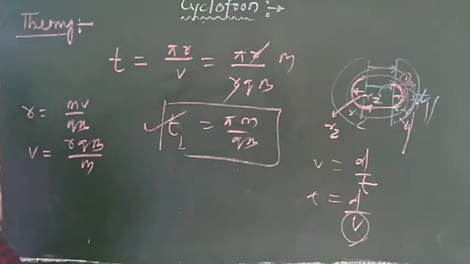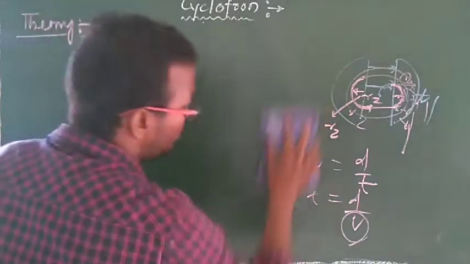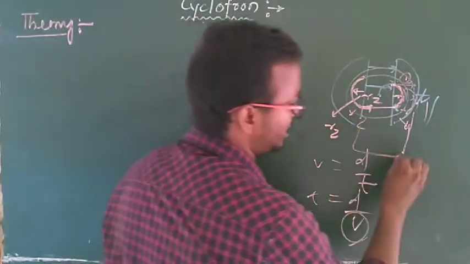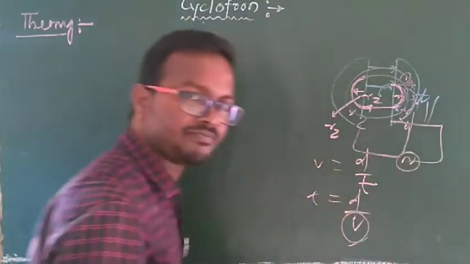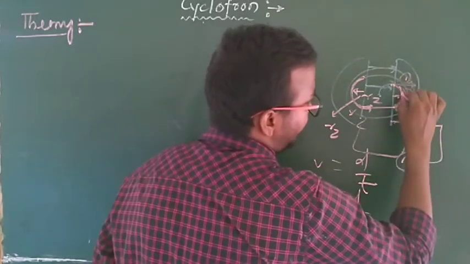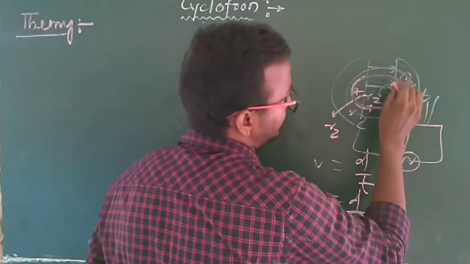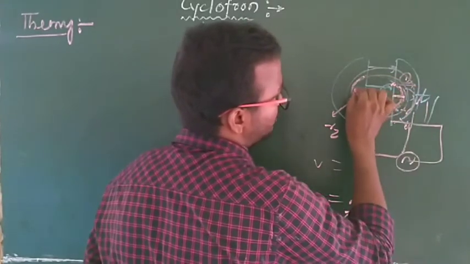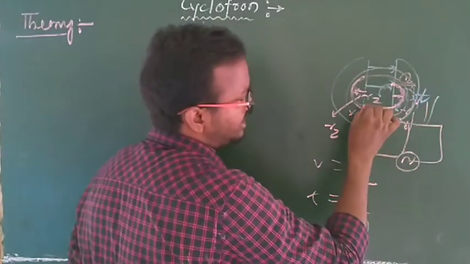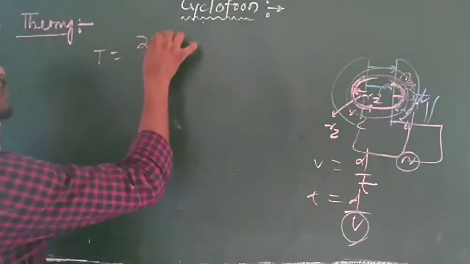Clear? Again, we have to use a high frequency oscillator in such a way that, suppose, the total time taken by the charged particle to complete one circle. This is radius r1, this is radius r2, but these radii are nearly equal. This is a spiral path. So the total time taken by the charged particle to complete one circle, that is T, equals 2 pi